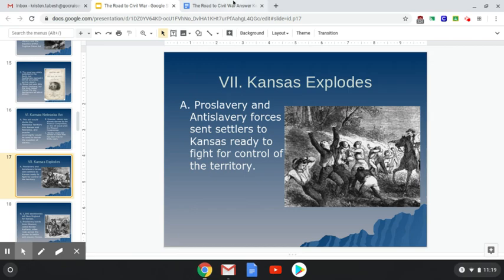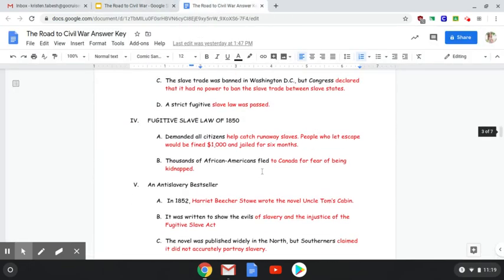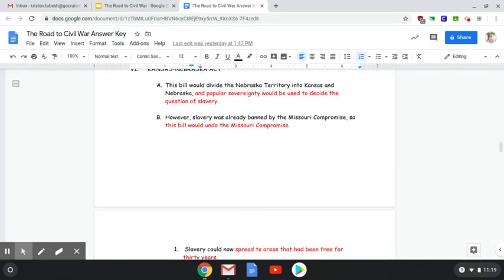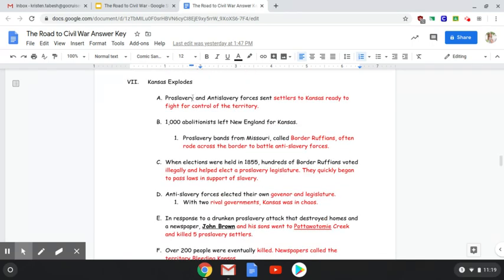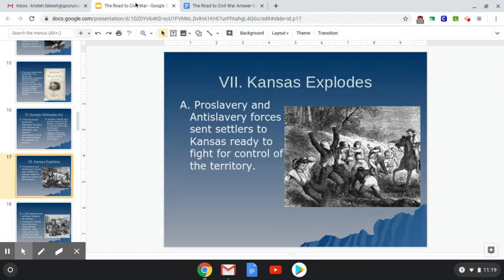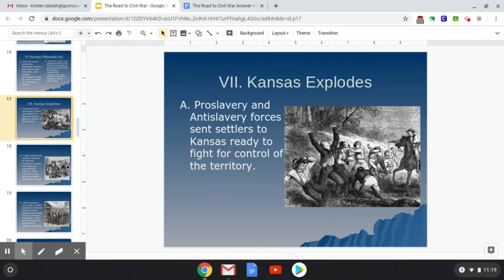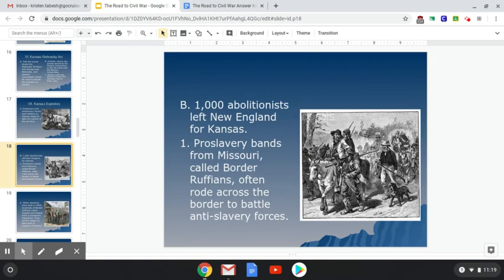So let's go ahead and look at the notes real quick to see where we are, because I want to make sure that we stop. Right, so we are right here, so we're going to go a little bit further. So this is where we are in the notes as of right now. Make sure that if you need to slow down, go ahead and pause this, look at the PowerPoint, and I will also put this on the answer key when we are done with all these notes all together.